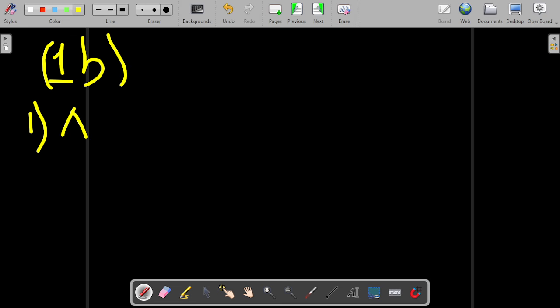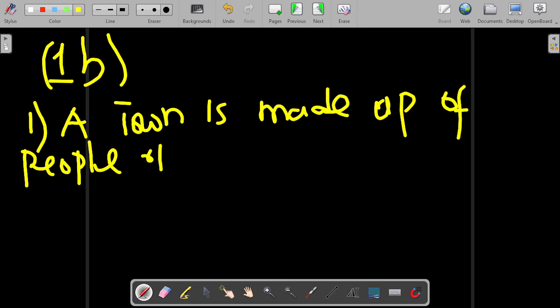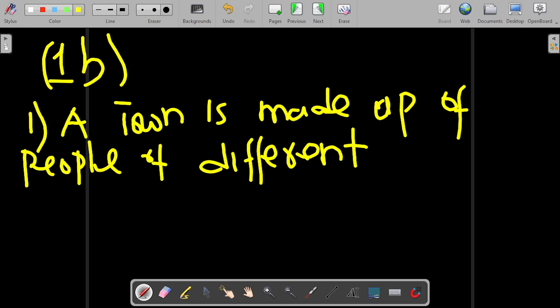A town is made up of people of different cultural background,